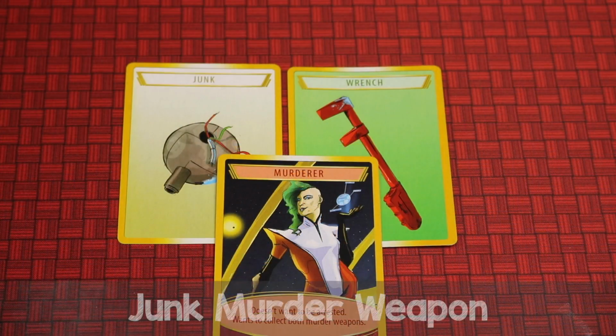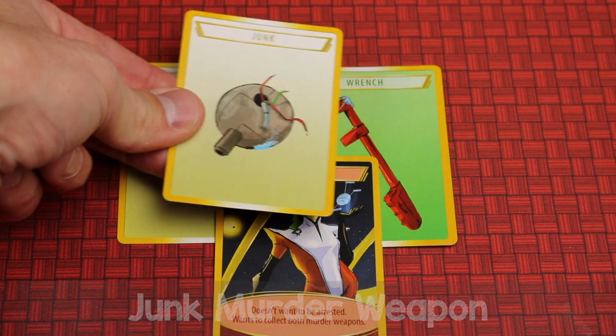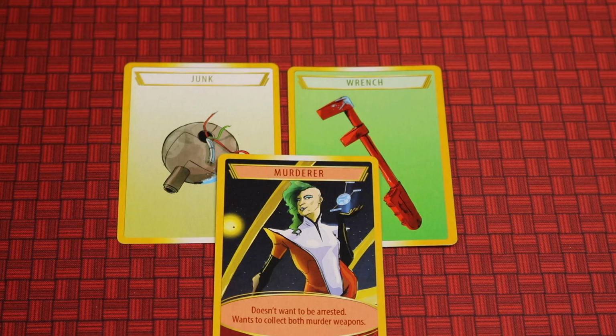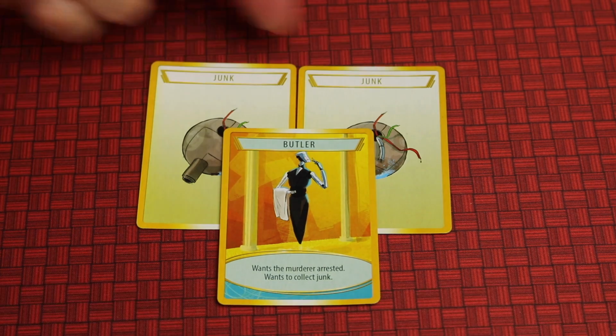And speaking of 5 or more players, with that player count as shown in setup, you'll be adding junk as one of the possible murder weapons, and if junk is the murder weapon, the murderer only needs to collect one of those junk. Now when playing with 6 players, the butler wins by having the murderer arrested but collecting 2